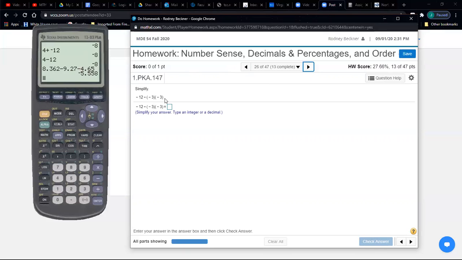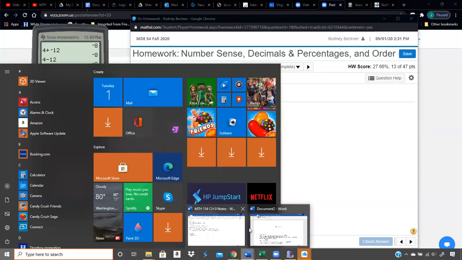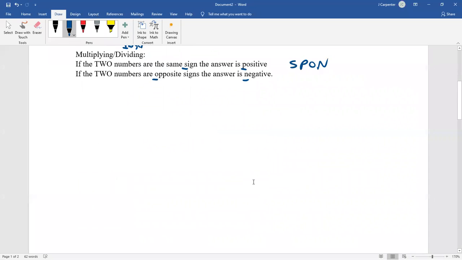-12 divided by -3 times -3. This is where we start getting into PEMDAS, order of operations. So let's label it. Order of operations. MDAS. I'm not doing the M and the D on separate lines. I'm doing them together because there's only 1, 2, 3, 4 steps